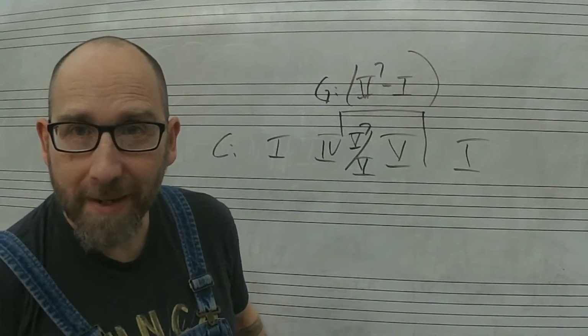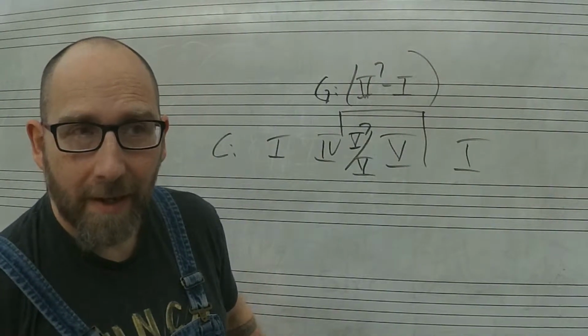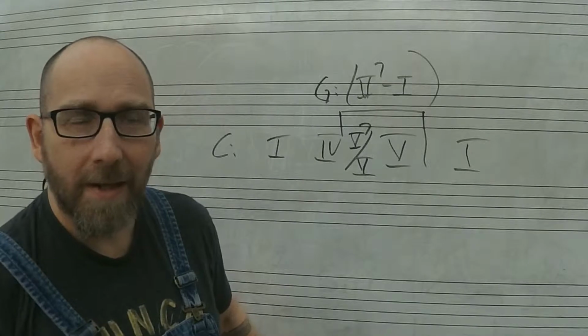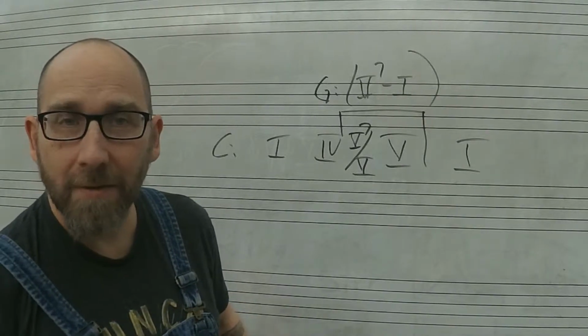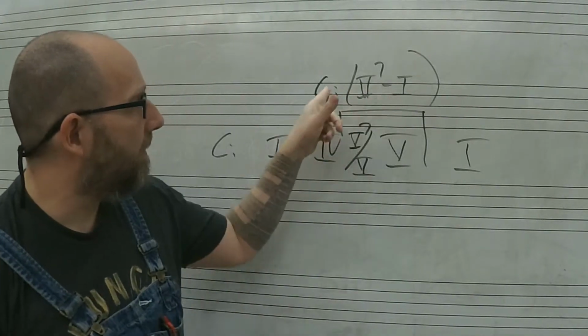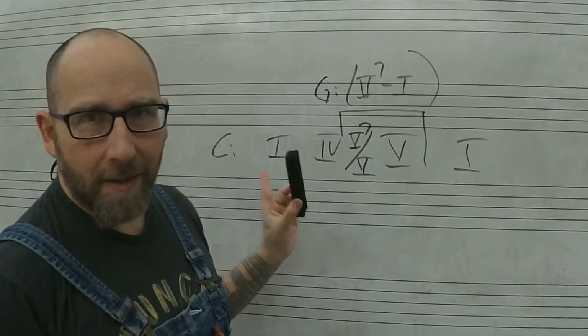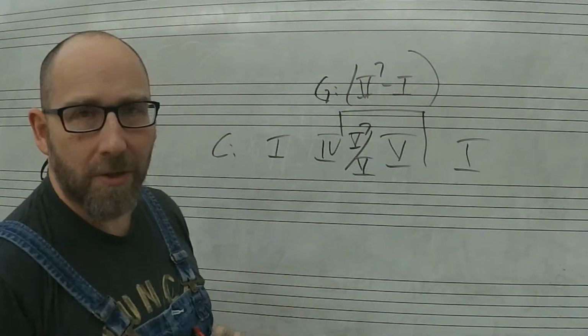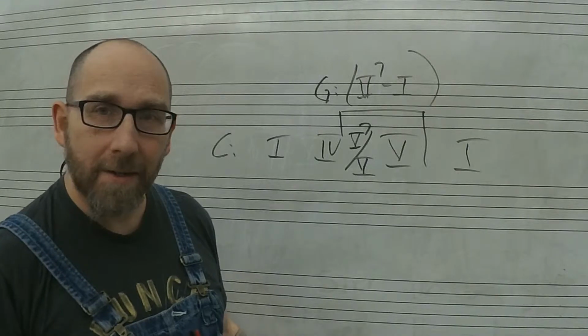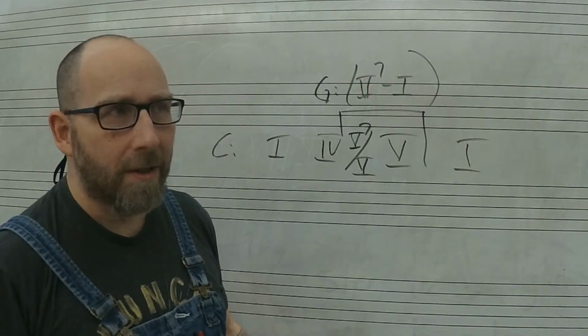Okay, we just talked about secondary dominant chords. You have a pretend key, and in that pretend key, you do a 5 to 1. And here you can see we did that here. I left the same example up because I'm going to show you how similar secondary diminished chords, also called secondary